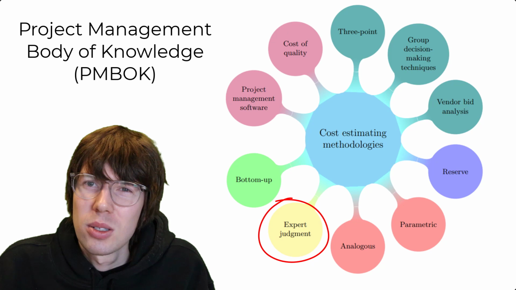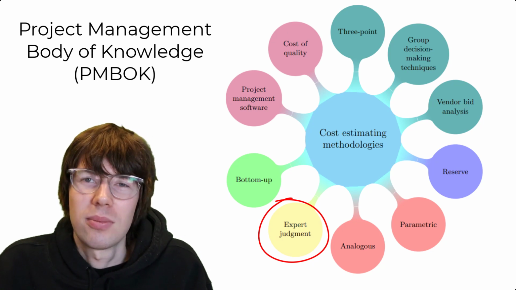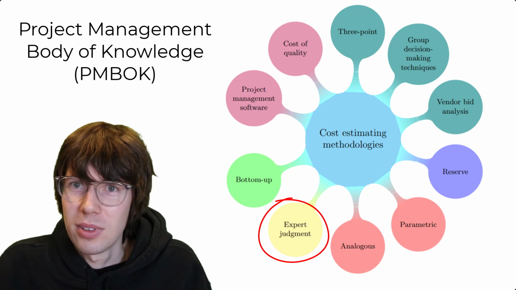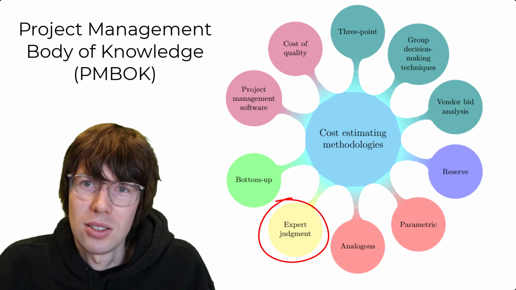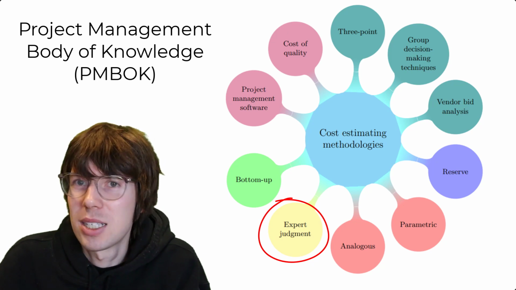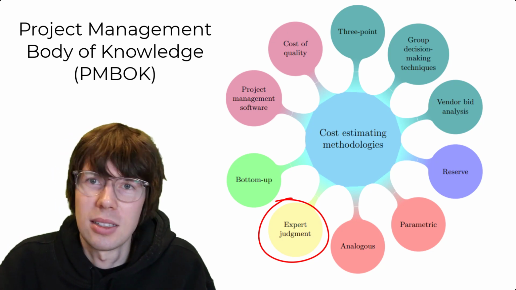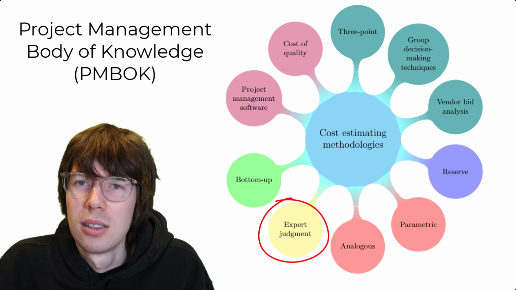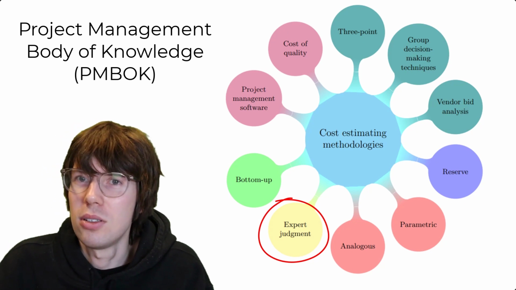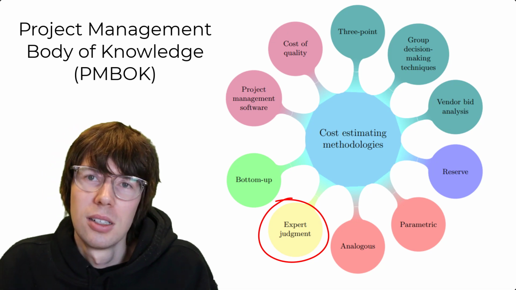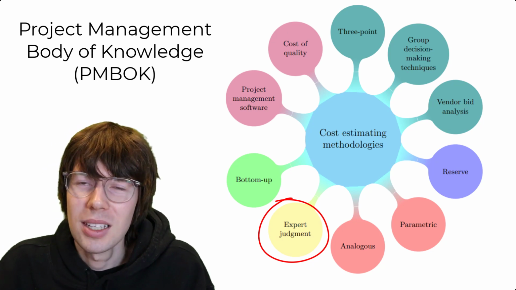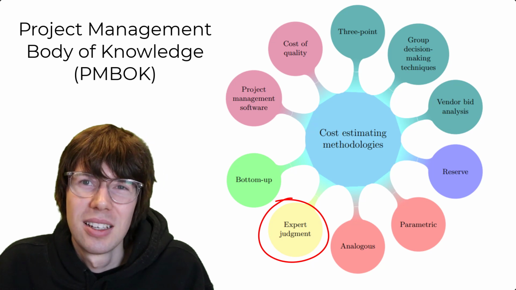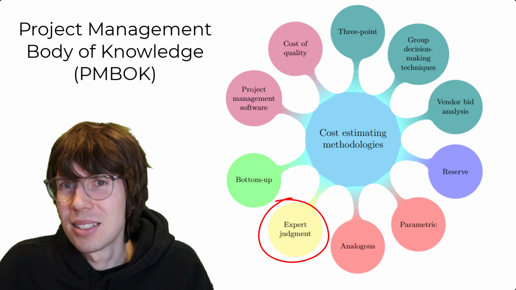Expert judgment works pretty simply by asking yourself, are you an expert? If you want to estimate the cost of a project, you ask yourself, are you an expert on this? If the answer is no, well, then you go and find an expert and ask that person. And then that person will give you an estimate. But if you are the expert, then expert judgment involves either consulting your intuition, your gut feeling, or using your expertise to decide to use one of the other 9 methods. So there's not much really there to be said about expert judgment in that sense.